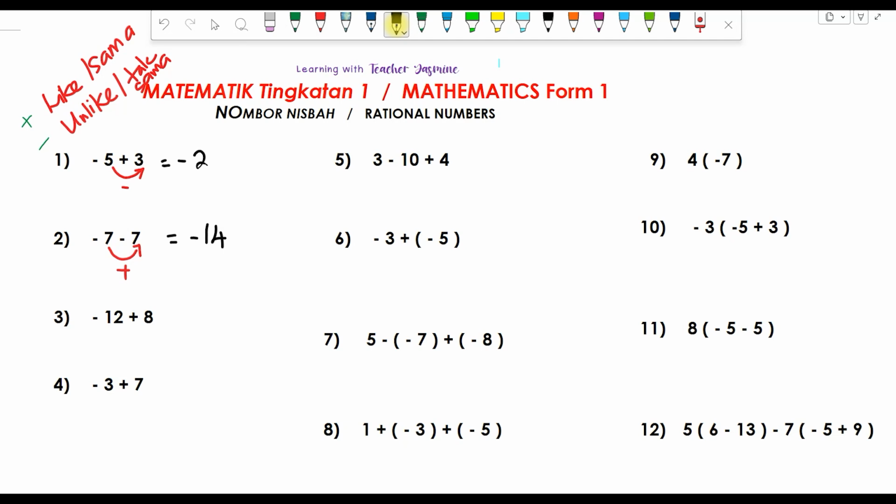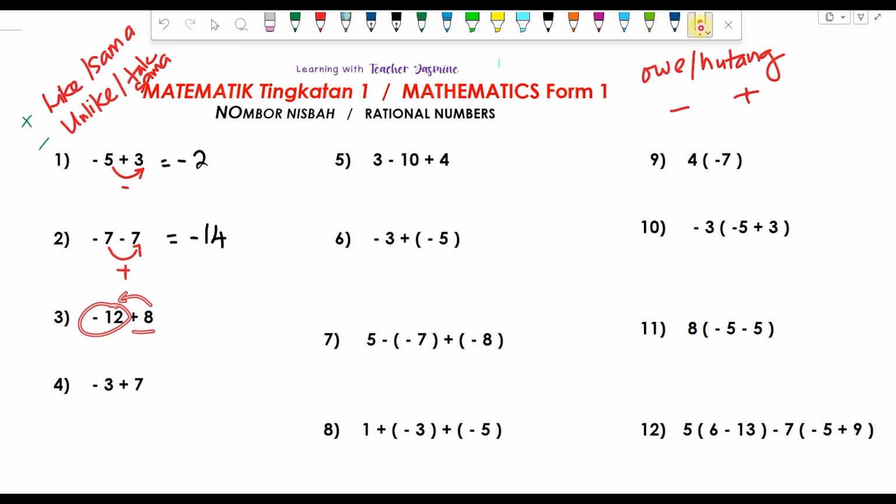Alright, let me show you another technique. Okay, another technique that I normally teach my students is the owing method. Cara hutang. Okay, owing method. To owe money atau untuk hutang wang. Okay, so negative means you're owing money, kamu hutang wang. Positive means money in your pocket or money that you have with you. Okay, so the concept is -12 ni bermakna kamu hutang RM12. Okay, and then positive 8 bermakna dalam poket ada RM8. So kalau kamu hutang orang RM12, dalam poket ada RM8, kenalah bayar balik.